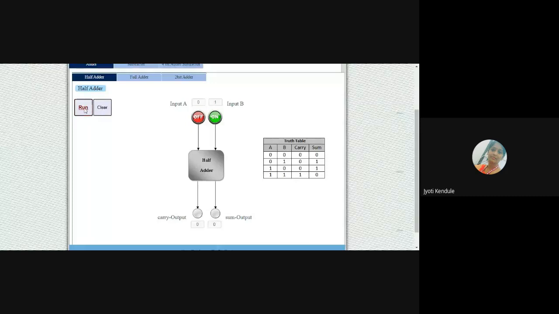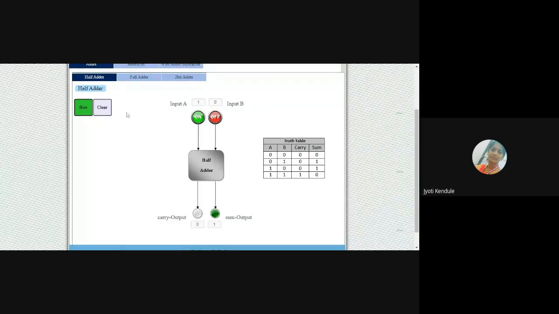I will run this. See, what is the output? Sum ला मला 1 येते, carry ला मला 0. This LED glows means what? Summation output 1 येणार आहे, carry काय येते तर 0 येणार. But another combination I will consider, third row 1, 0. हा करायचा 1, हा करायचा 0. Run this combinational circuit. See, sum is 1, carry is 0.